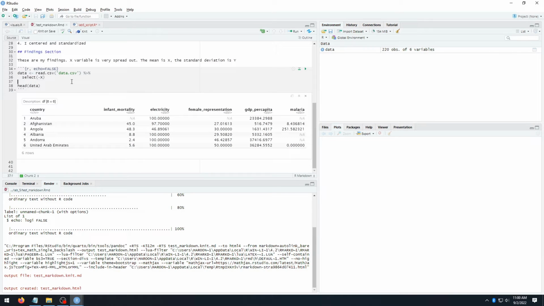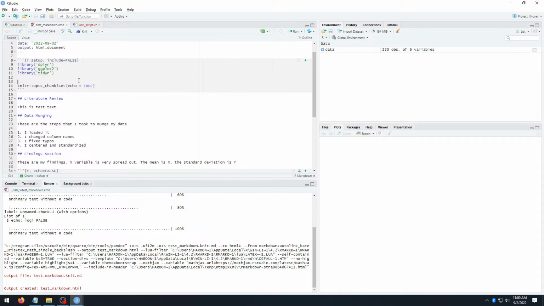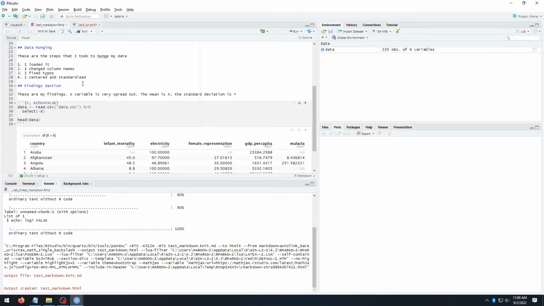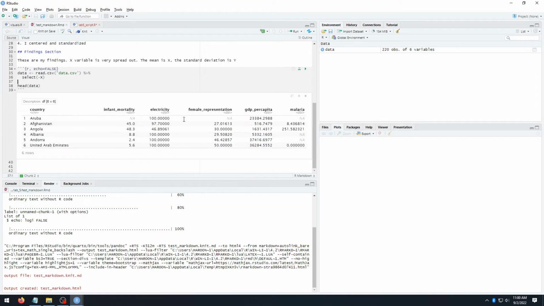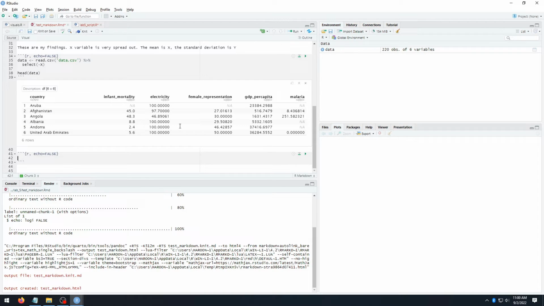So, you know what, I'm not even sure we need to do that. Here's an interesting thing too: anything that happens in the setup chunk carries over for the rest of the R Markdown document. I probably plan to use this data in more areas than just this one chunk. Let me make this point a little clearer. I'm going to say echo equals false for the next one. And maybe I want to do something like, what's the mean of data GDP per capita,